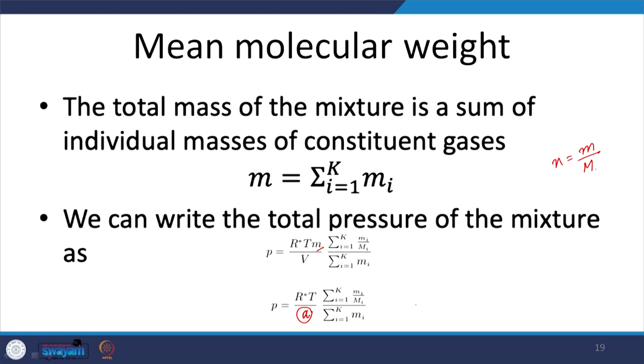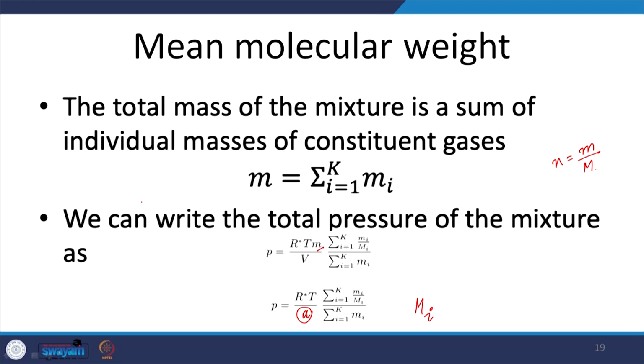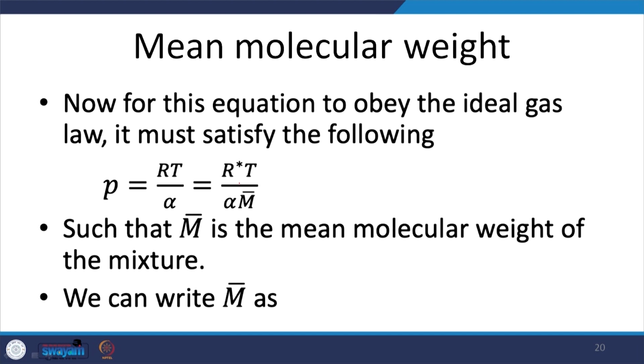What I have done is I have used the form of the mean molecular weight of a mixture of gases. For this equation to hold dimensionally, we will require this to be equivalent to the mean molecular weight. For this equation to obey the ideal gas law, it must satisfy the following. P equals RT by alpha, the original form, P alpha equals RT. Then R is the specific gas constant. If you put R star, then the mean molecular weight should come here, such that M bar is the mean molecular weight of the mixture. So, we can write M bar as